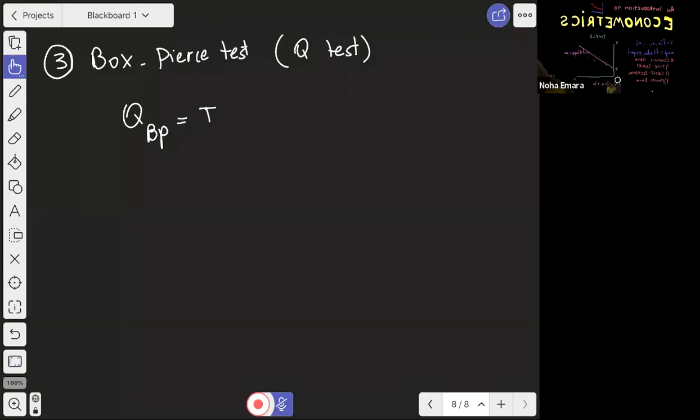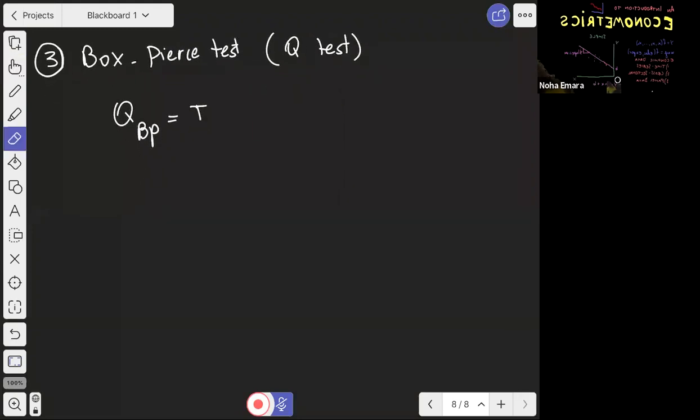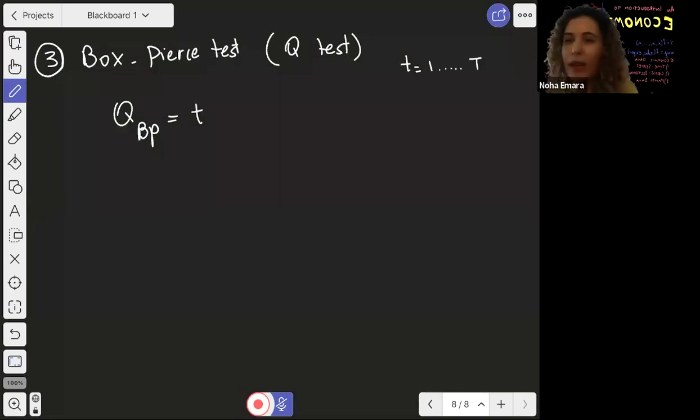Now, let me just make it small t, because it's a small t where t is 1 all the way to capital T. I'm not writing capital T because this would mean the very last one. T is actually the total number of observations, and then sum from